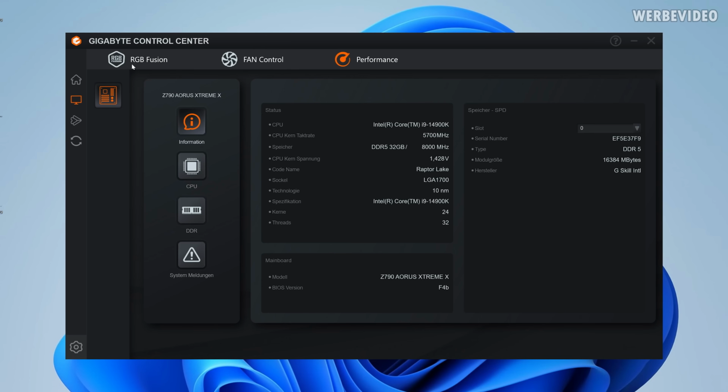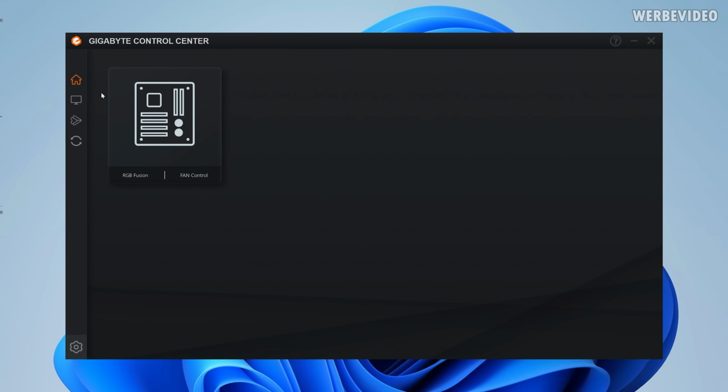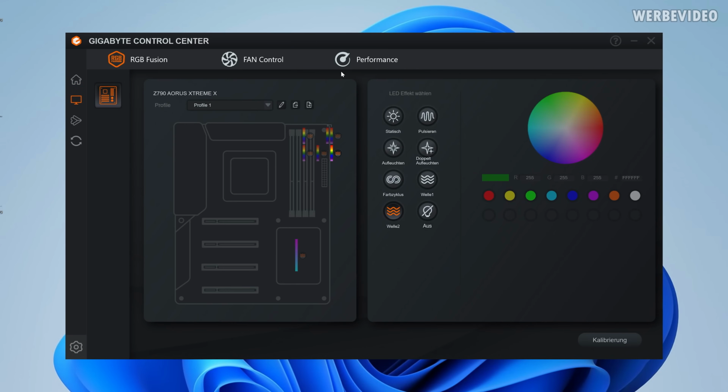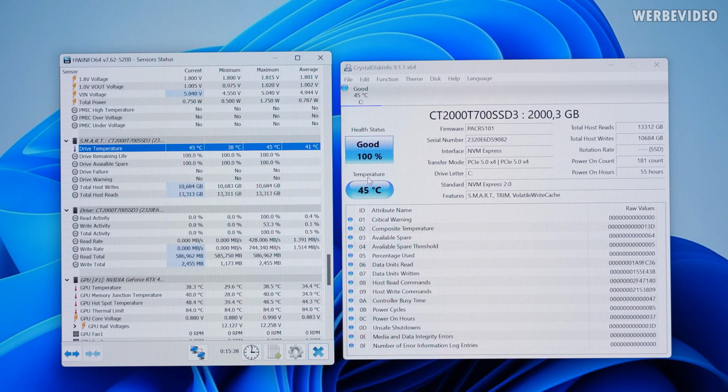This is also pretty obscure. If I go to settings, everything is English, like fan control, everything is English. And then I go to fan control here, and then you have random German translations. And the Gen 5 NVMe drive sits in idle at about